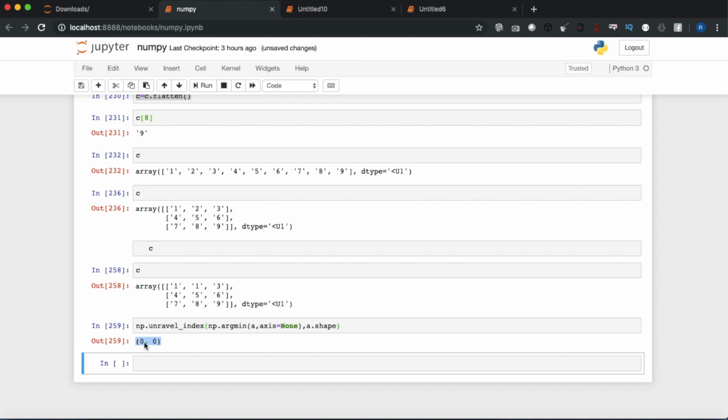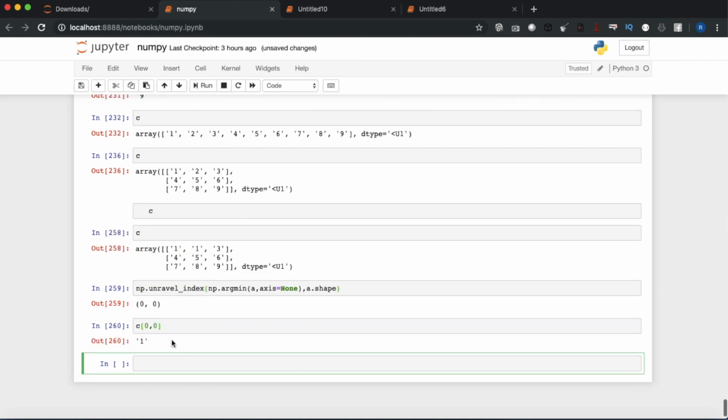So 0 0. You can understand the next question: if there is more than one element, how are we going to find that? C[0][0] is 1. So let's create another variable and assign it 0 0.